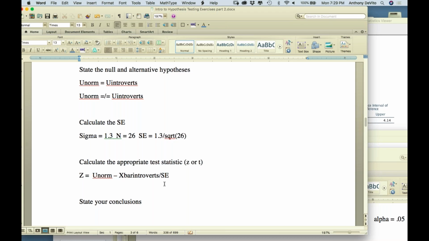Over the standard error. Okay. So, and that's going to give us a z-score. Now, in order to say that there's less than 5% chance that these two means are the same, what's our critical value of Z going to be? How many standard deviations apart do they have to be for us to be 95% sure that they're different? 1.96. So our critical value